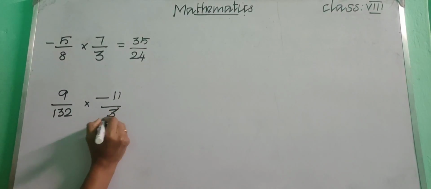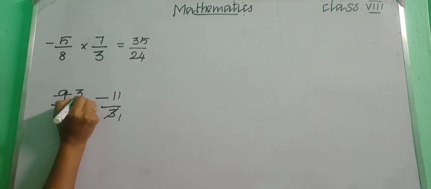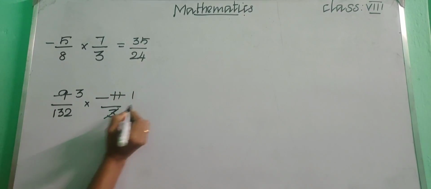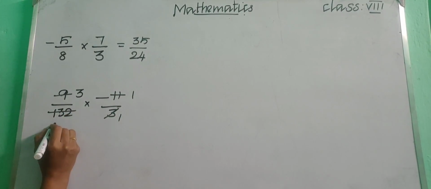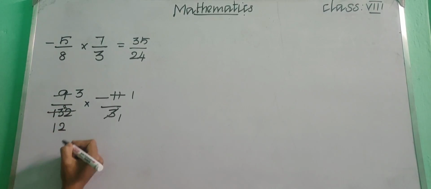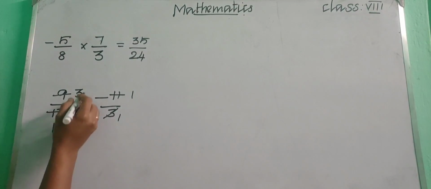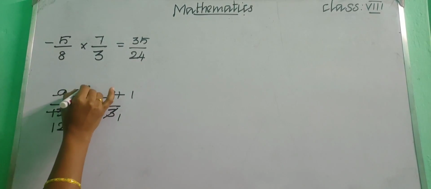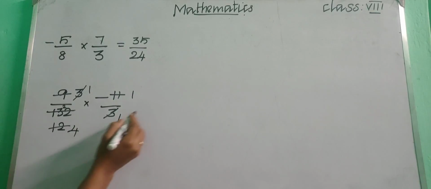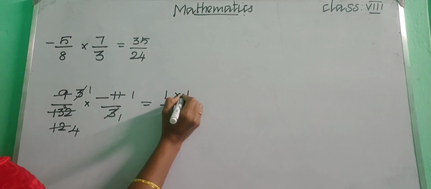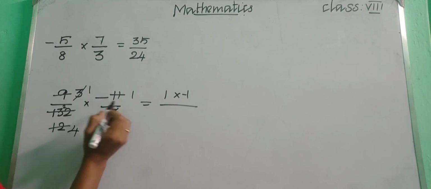So see, 1 3 is 3 and 3 3s are 9, okay, and then here, so 1 11 is 11, again here 1 11 is 11, remaining 2, so 2 11s are 22. So again we can cut, right? So 3 upon 12 is here. So that 1 3 is 3 and 4 3s are 12. So what is the answer now? 1 into 1 upon 1 into minus 1. Okay. Here we are having minus 1, right?